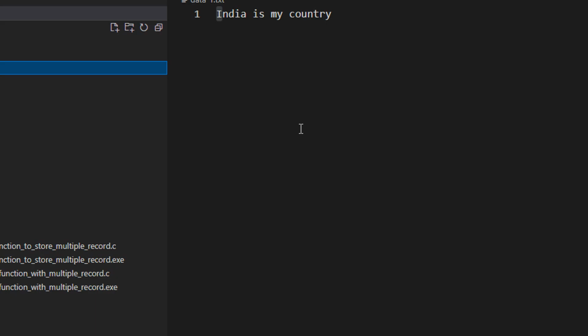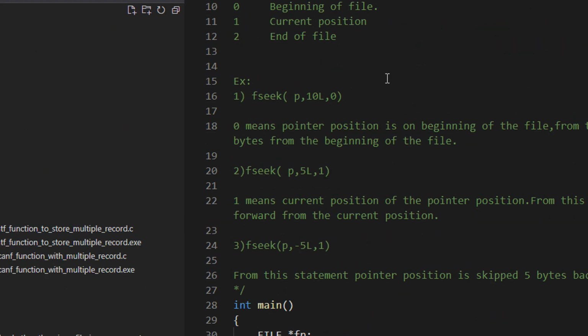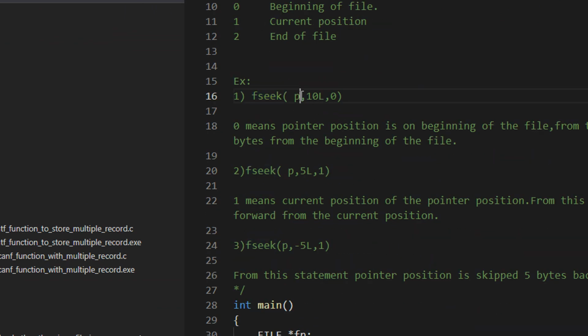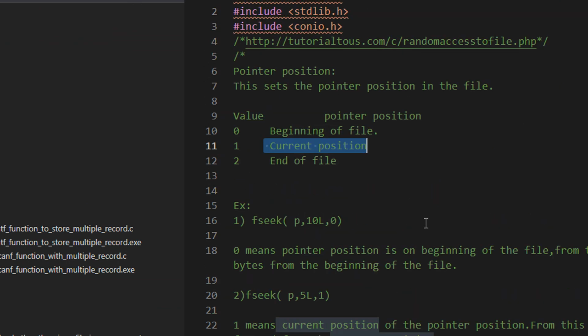So we have "India is my country". Basically fseek takes three things.